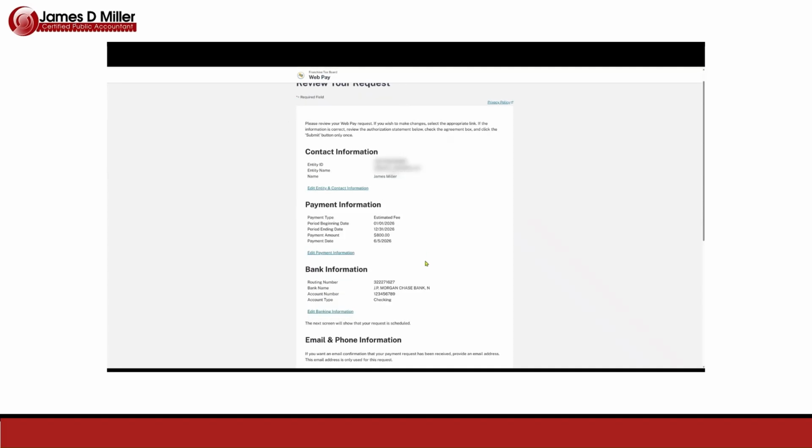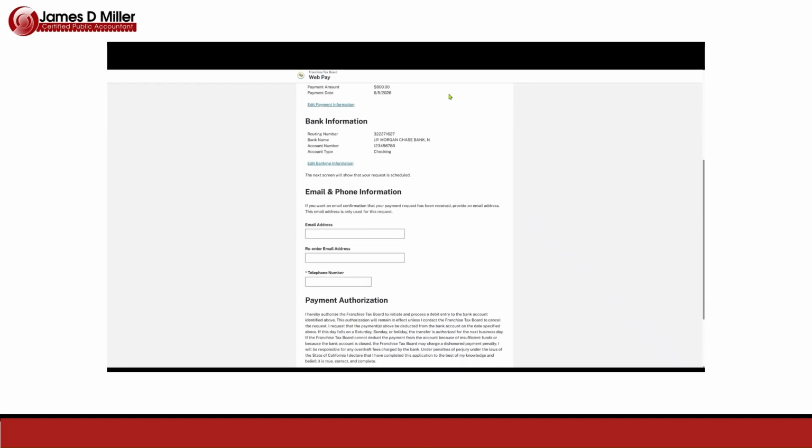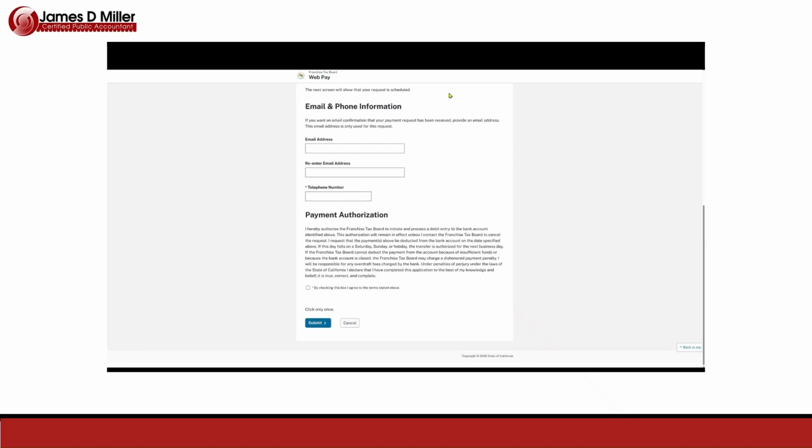Now from here, it'll move to a confirmation page. And it's basically just saying, this is everything you've given us. Is it correct? Look it over, make sure that you're in agreement with everything. And then you'll need to go down and put in your email address, re-enter your email address, and your telephone number as confirmation. Now, this is going to give you an email